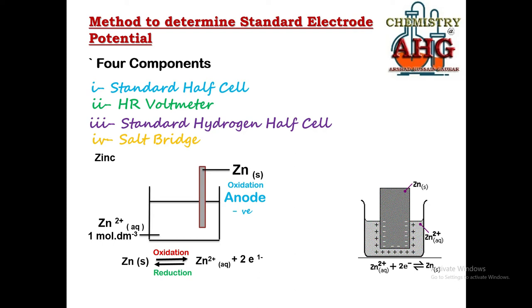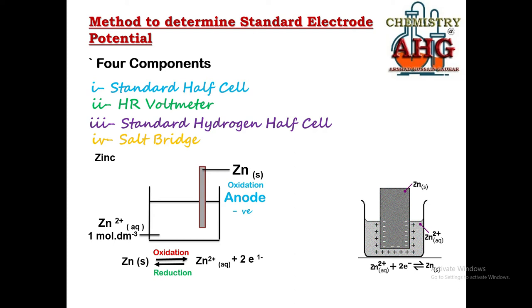I have told you, during oxidation, a zinc atom breaks into zinc ion and electron. Zinc atom becomes zinc ion and electrons get separated. Electron is a charge. Charge needs some carrier to retain itself. So where are the electrons retained? Electrons are retained on the plate, while the ions become free and move into the solution. That is why you can see the positive charge has built up in the solution, while the negative charge has built up on the plate. The plate has become negative.